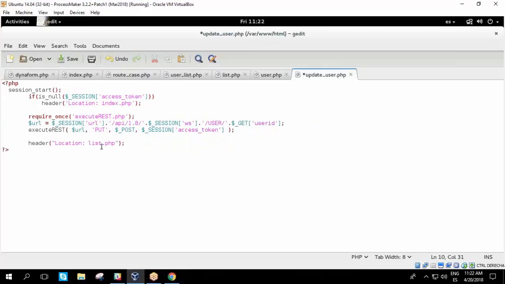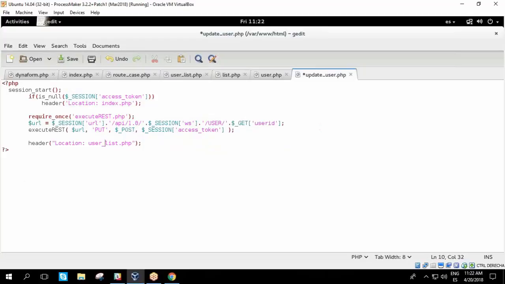And so we're not going to want to go back to the list, we want to go back to our user list, like that. So this line of code should be enough to get the user list from ProcessMaker so we can